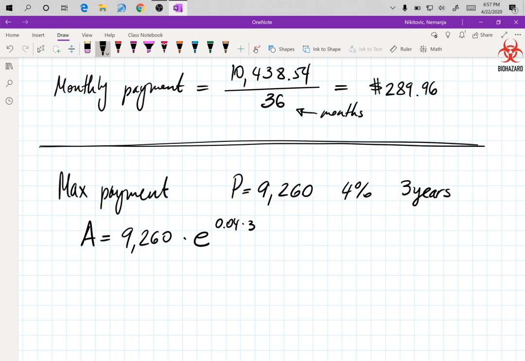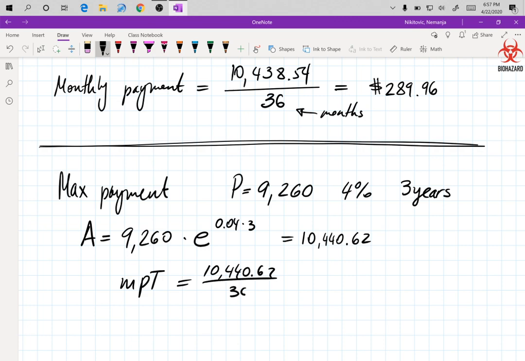92 times e raised to the 0.12. I messed something up. Hold on. Oh, this is supposed to be e. Why didn't I catch it? There we go. And from this calculation we are getting 10,440.62. And now when I divide that by 36 for the monthly payment,